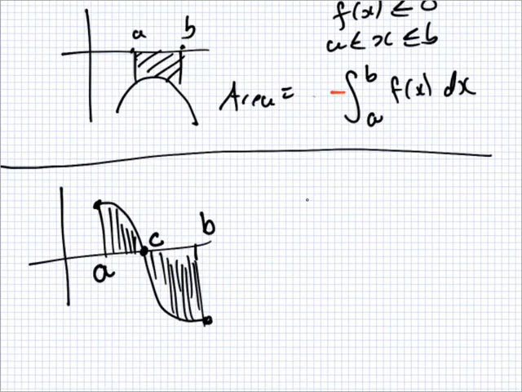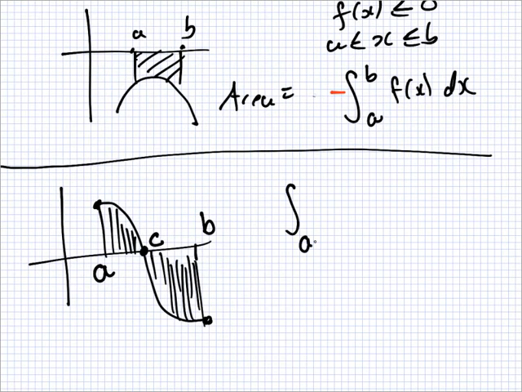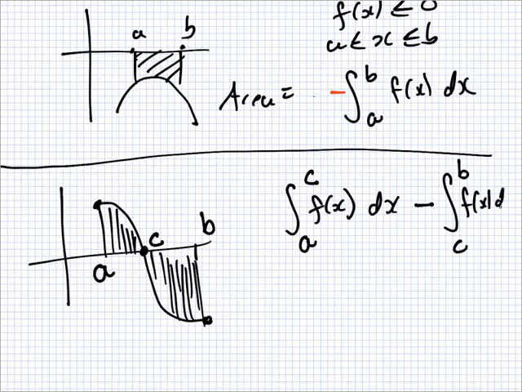If you want the area, you'll have to integrate first from A to C, and then minus integrate from C to B. So you've turned situation 3 into situation 1 plus situation 2. That's common enough in the exam. They usually give you some function that